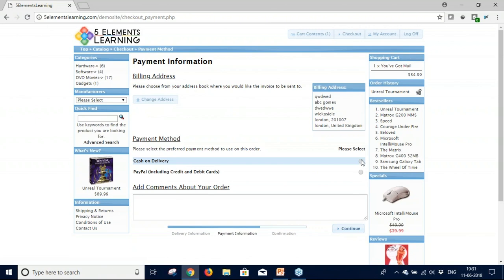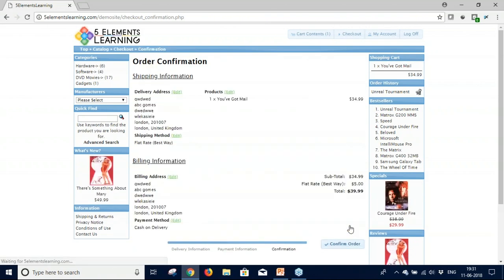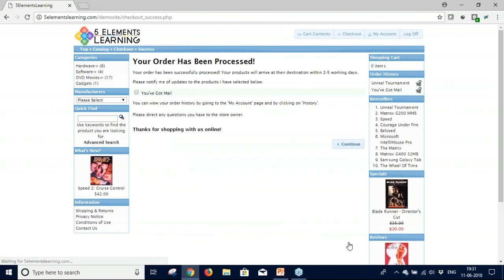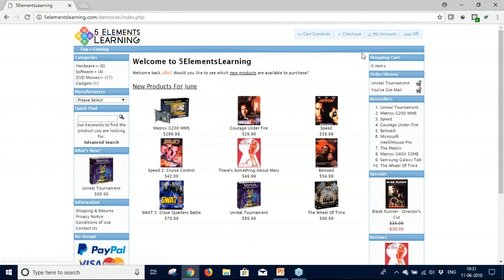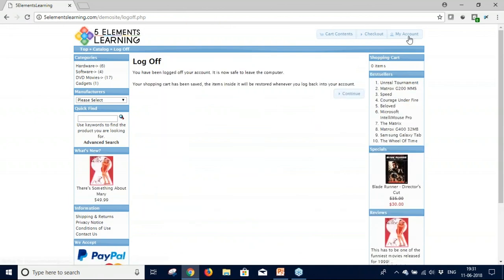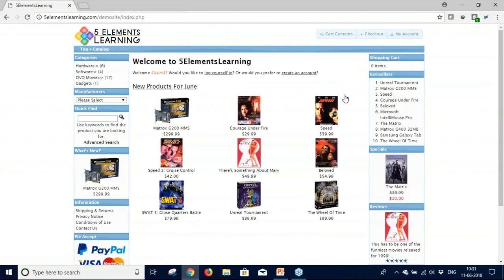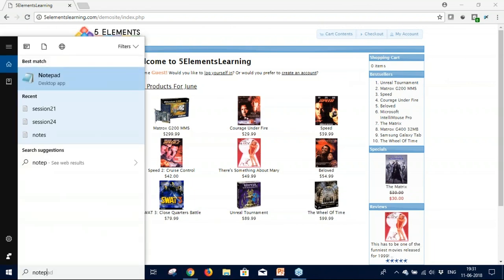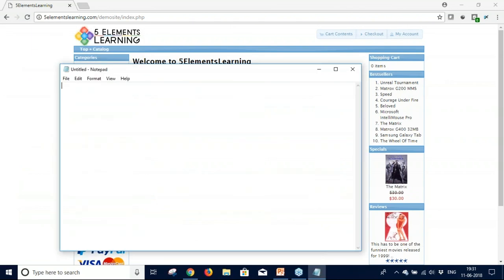So there are so many scenarios available in here. Then you can click on the log off link and the continue button to come back to the main page. I request all of you to please create a user on this website and explore this application, the different flows which I have discussed. So the different flows we have seen in here are